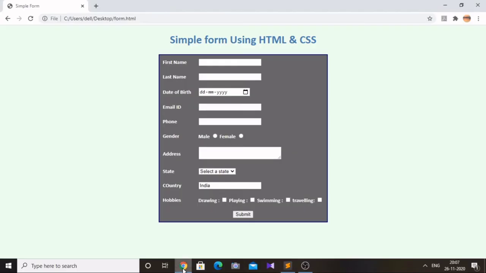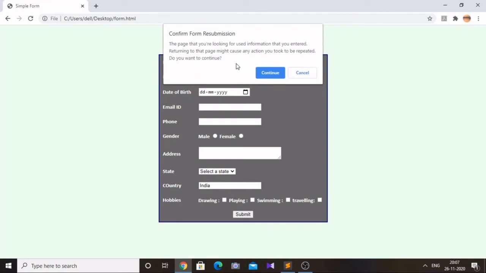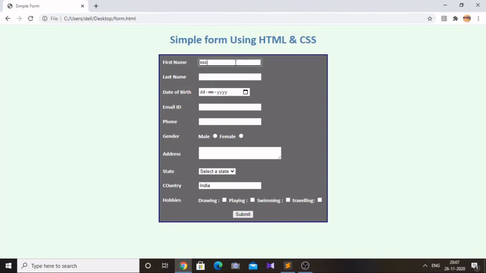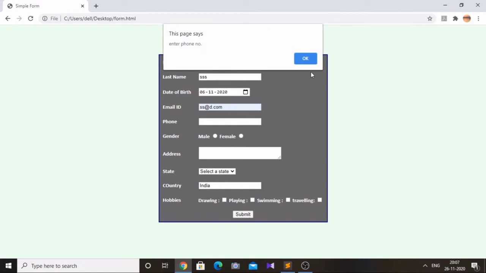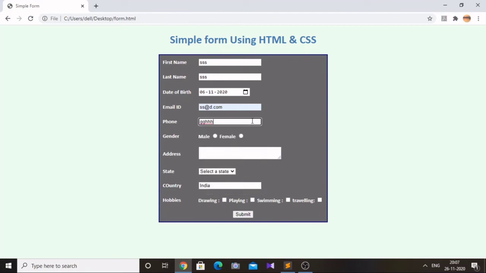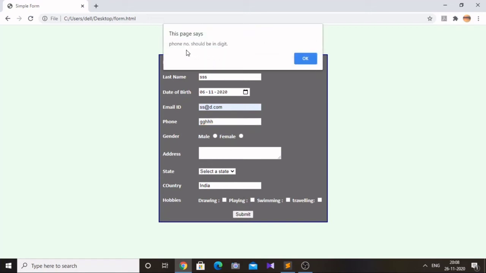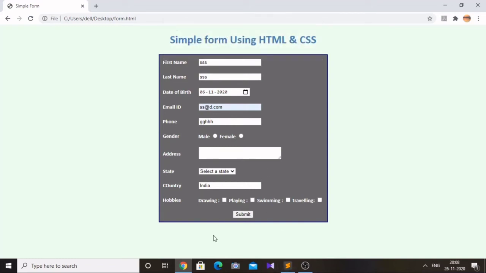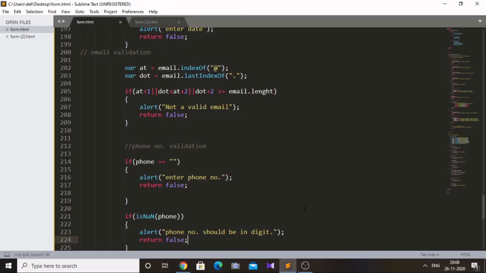Let's check. Submit, enter the phone number because the field is empty. Now let's put character here. Then if we click submit, the alert showing that phone number should be in digit. Okay, now we know that phone number should be at least